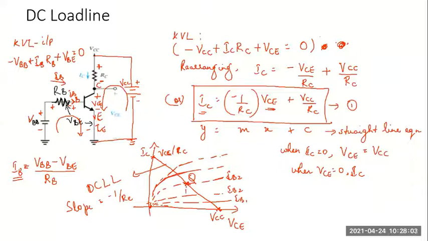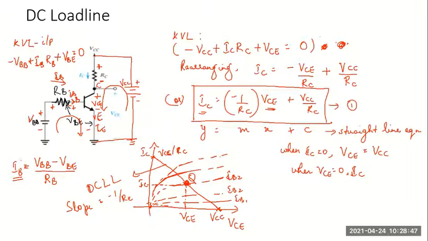I hope this is clear. And this Q point will have a corresponding value of collector emitter voltage VCE and a corresponding value of collector current. So fixing the operating point means fixing the corresponding VCE and IC. And how have we done this fixing? By including DC voltage sources and resistors in a BJT circuit. So we do biasing by connecting DC voltage sources and resistors in the BJT circuit, and we will be able to fix the base current first.